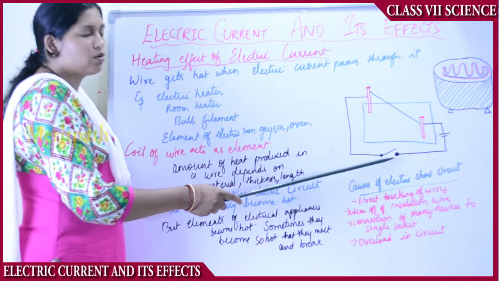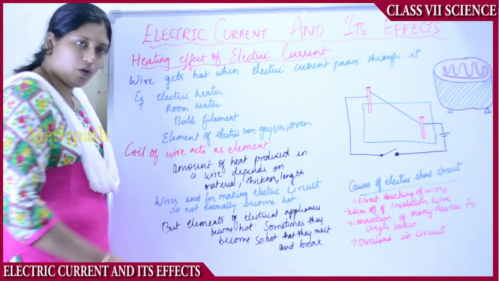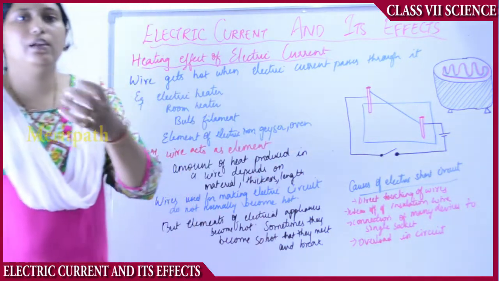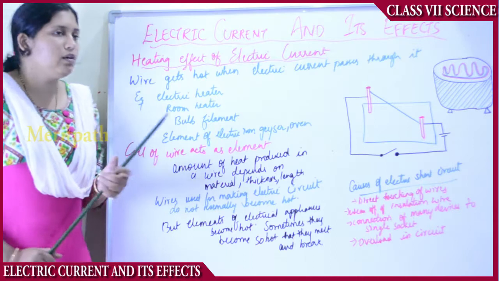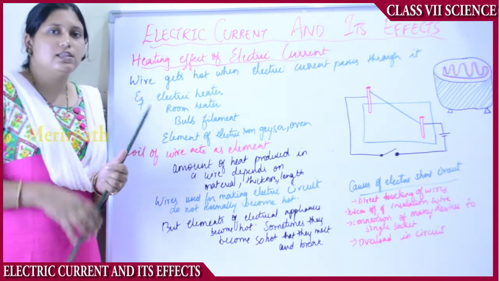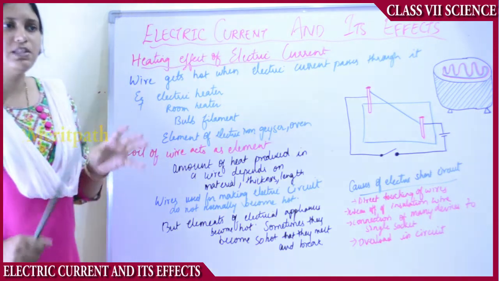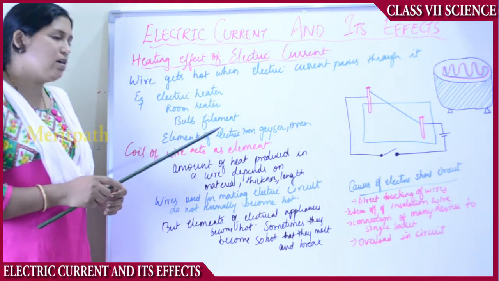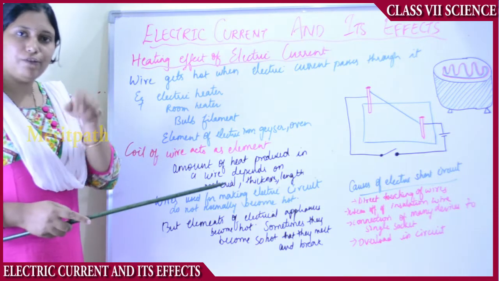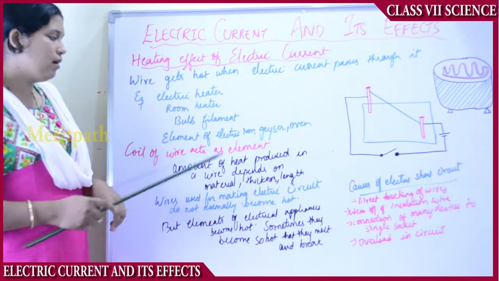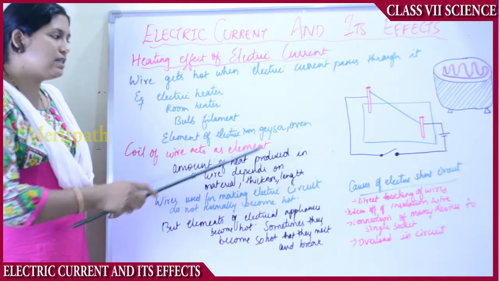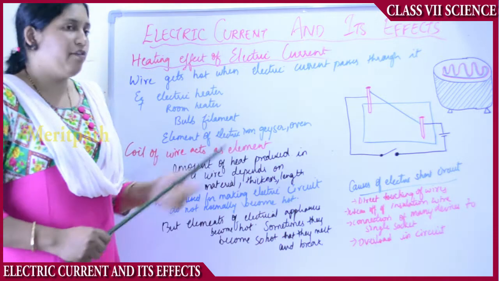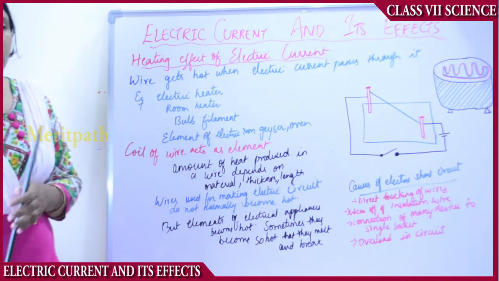And the switch is in off position. Suppose the switch is in on position for some time and then you switch it off, when you touch the wire you will feel that the wire is a little heated. So whenever electric current passes through any wire, it gets heated. This principle applies to all electric appliances like electric heaters, room heaters, and bulb filaments. In the bulb we have a thin strand of wire, that is the filament. Then the element of electric geysers, the iron we use to iron clothes, and ovens. In all these appliances we have elements.